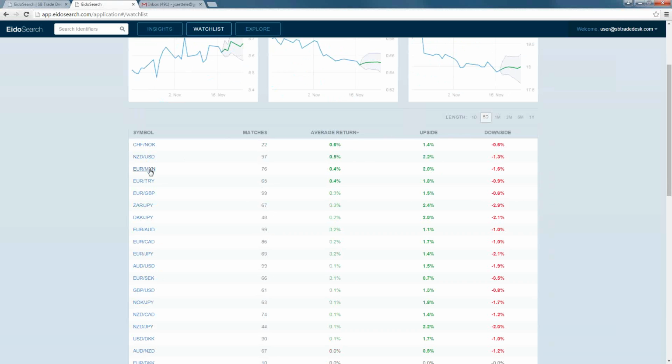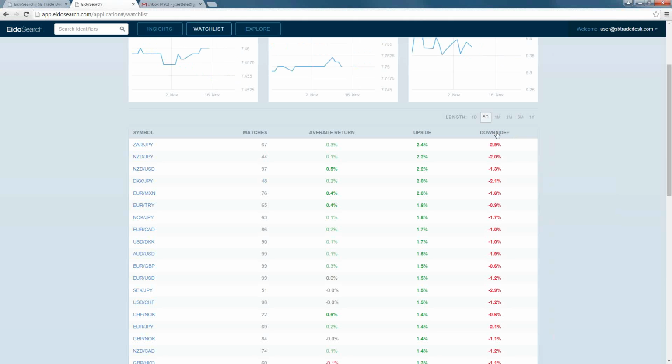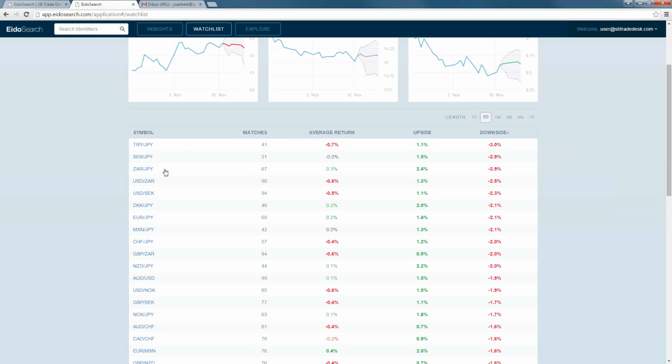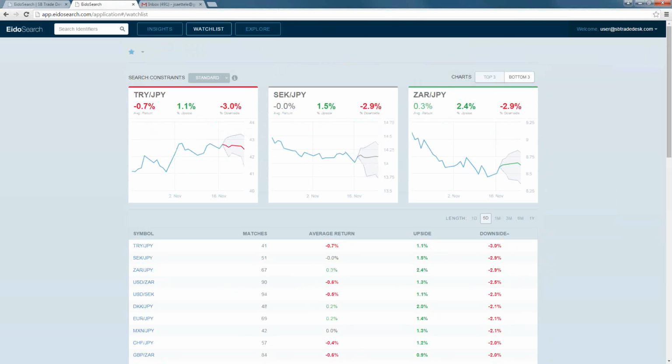Looks like Kiwi. As far as the things that we'd probably want to trade, I don't think we're going to be trading Euro, Mexican peso necessarily. Percent upsides, Kiwi yen, Kiwi dollar. That's pretty interesting considering where we are in some of those crosses, of course. We're looking at some longs right now and related stuff like Aussie yen, actually. Downside, Dollar Rand actually, which has come off now 3 or 4 days from record highs, so that's pretty interesting. Again, these are 5-day searches, so this is really short-term stuff here. Okay. All right, now I want to get into